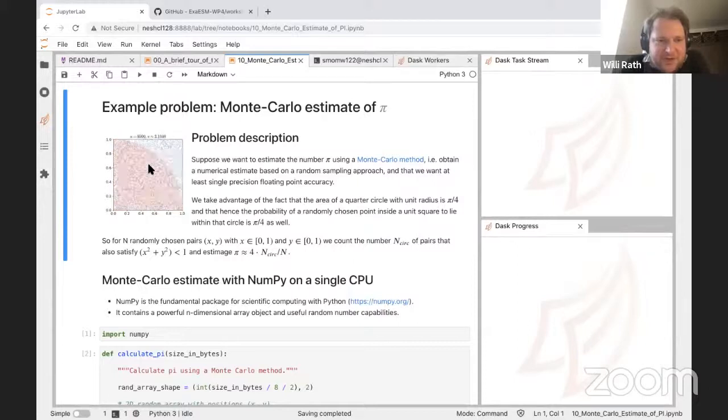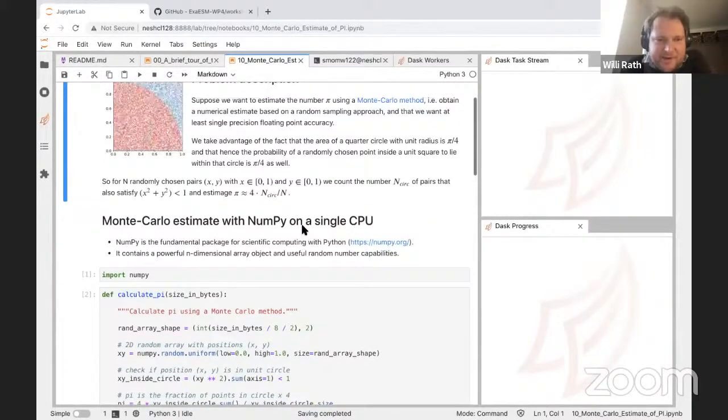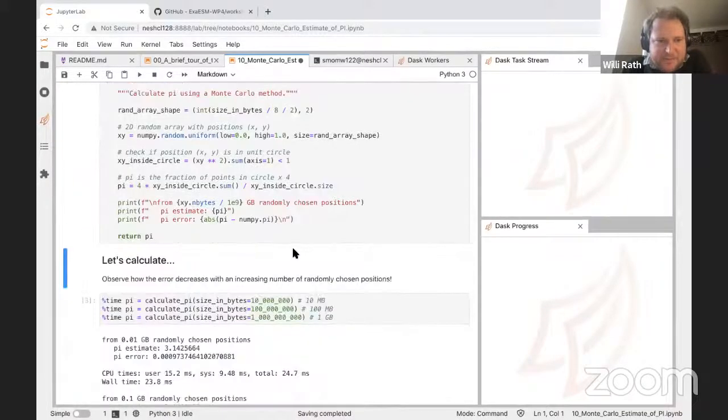Now if we randomly choose positions within a unit square, uniformly distributed in both dimensions, and we count only those points that fall below this quarter circle, then we can take the ratio of the red points in this image divided by all points. This ratio will approach pi divided by 4, and the closer, the more points we draw randomly. So let's first do this with NumPy, and there's a function that we wrote for that